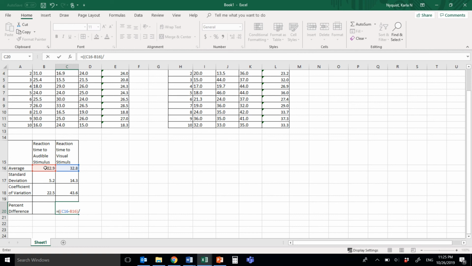So still in the middle of this cell, click, it should show up again down here. Close your second parentheses and times 100. So shift 8, 100. Means there's a 43% increase in the time from audible to visual. Make sure my decimals go back down to tenths, and that is